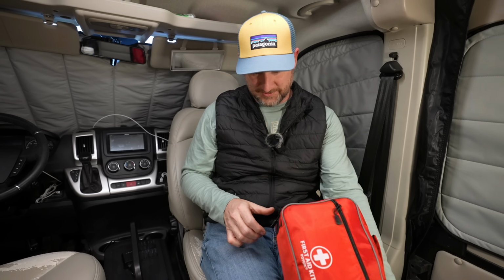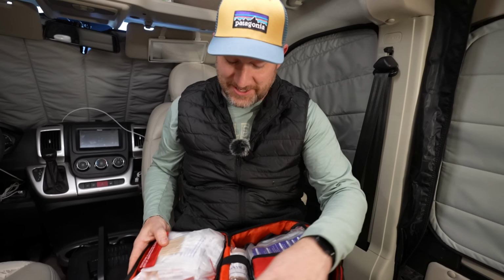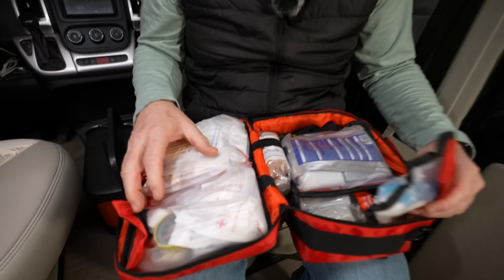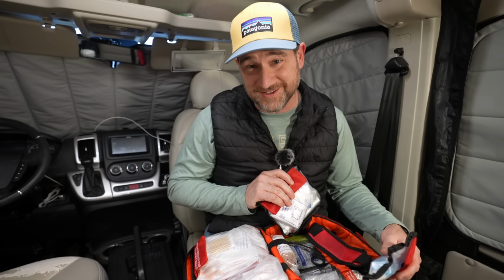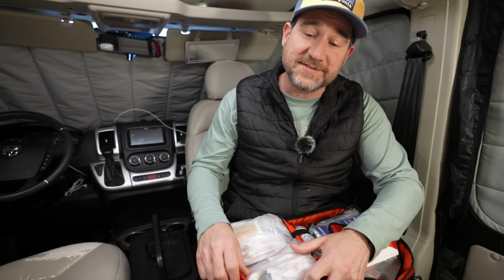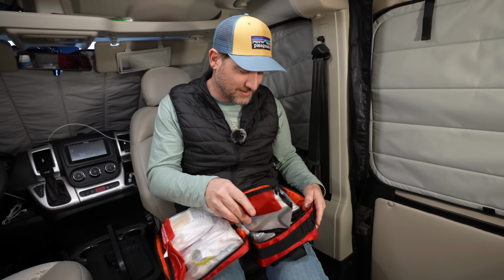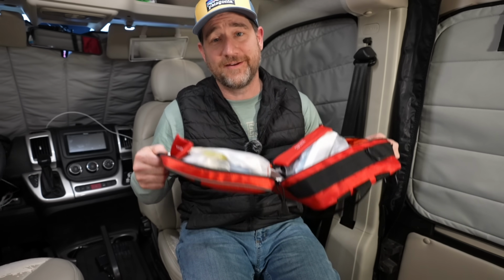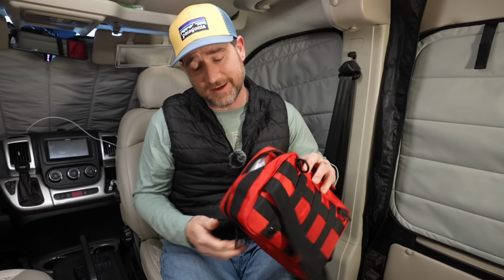420 piece, and I just zipped it closed. This is a 420 piece first aid kit. It has all the bells and whistles, everything that you're gonna need for basic first aid. Obviously, it's not like a trauma kit or anything crazy, but you've got all the Band-Aids, tape, ice pack, splints, all the basics that you're gonna need. We went with this one because it is a van-friendly size. It zips up nicely, compact,